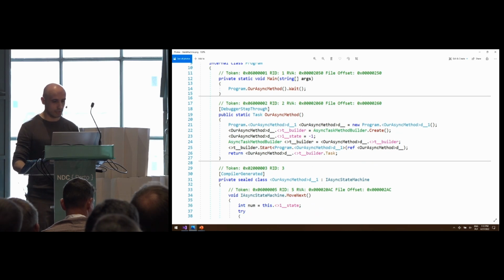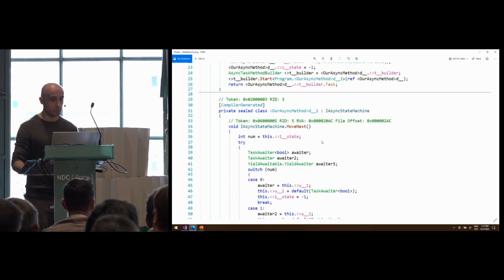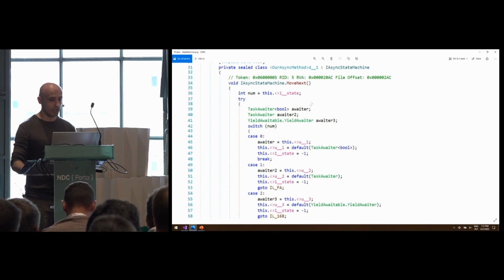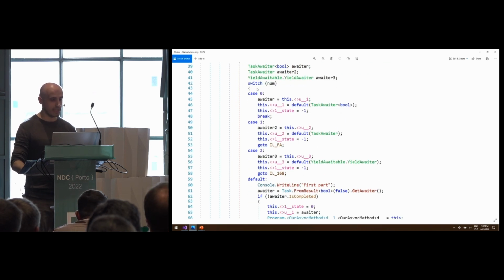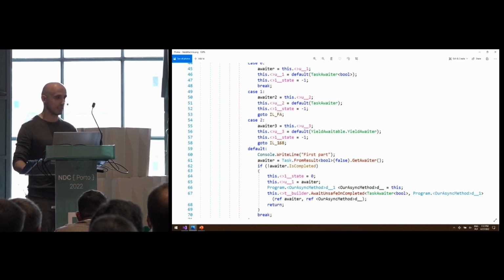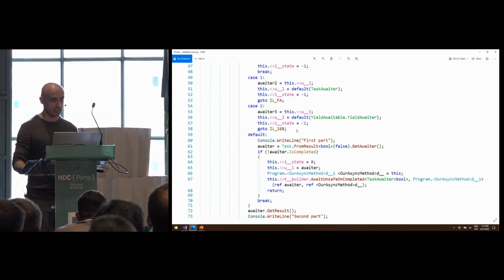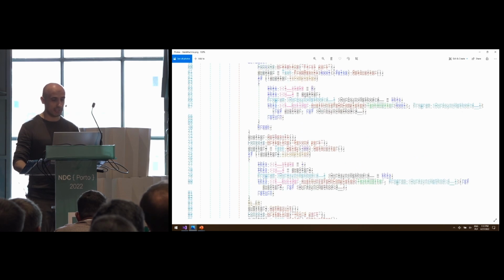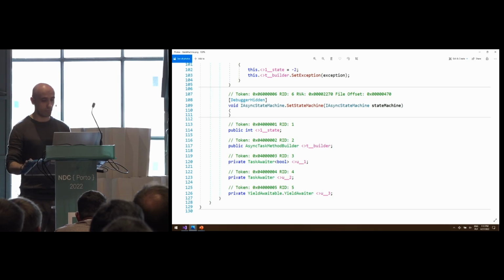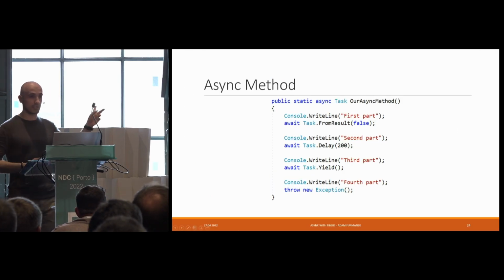But what it does under the hood, it utilizes again some compiler generated type, which does all the heavy lifting. Again, we have the move next method, which handles all the different states, which does the switch case, which breaks, which jumps around. You can even see a goto here. So generally nasty code, and it awaits all the stuff, returns you all these things. So this is the code which is generated, 130 lines for this single method.